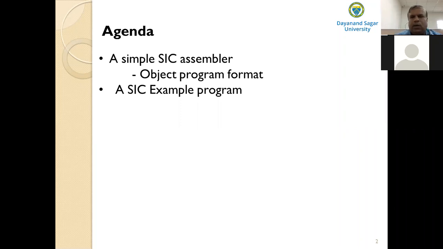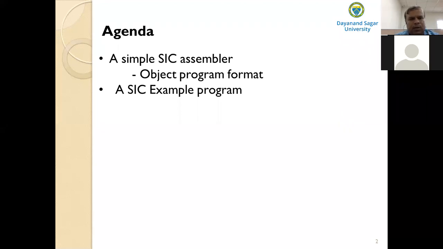Now if the assembler, say for example the SIC assembler, the simplified instructional computer assembler, tries to make only one pass over the source program, there is a problem. All of the assembler functions can be achieved easily by sequential processing of the source program one line at a time, except converting the symbolic operands into the equivalent machine addresses. That means the translation of the addresses creates a problem. So what is this problem called? The forward reference.